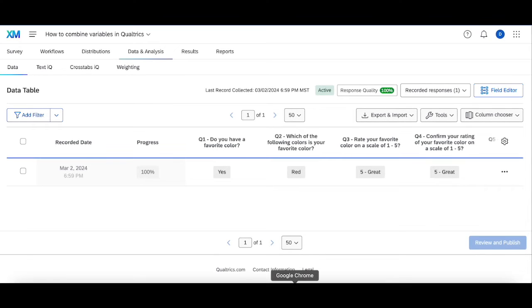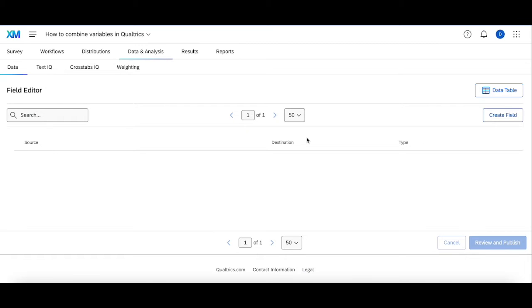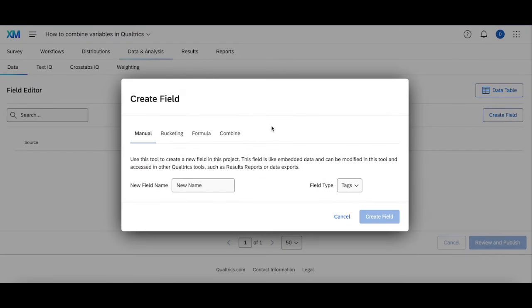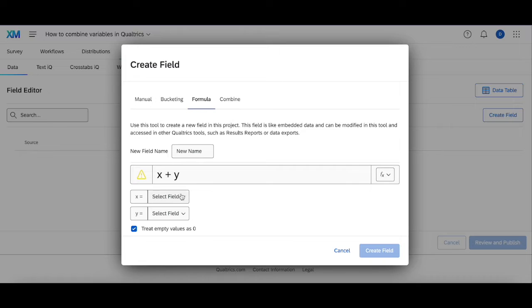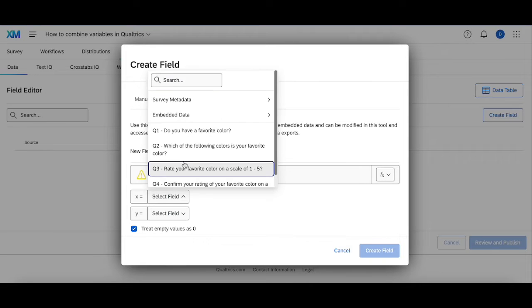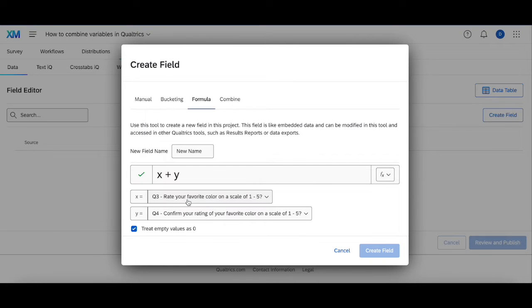All right, it looks like it's finished loading. Now let's hop into the field editor to go over the second way you can combine variables in Qualtrics. So in the field editor, what you're going to want to do if you want to combine numeric variables is you're going to click on this option called create a field, then formula, and then you can add the two variables you want to combine. Now in this case, I'm just going to add a simple total of whatever people selected in question 3 plus